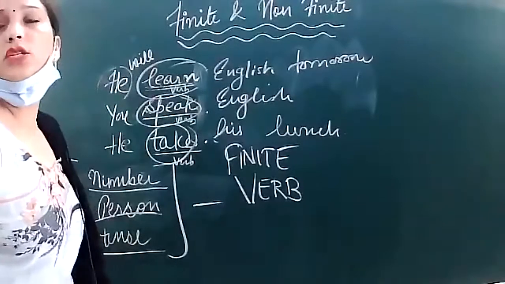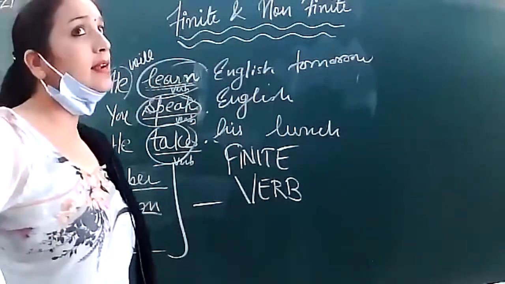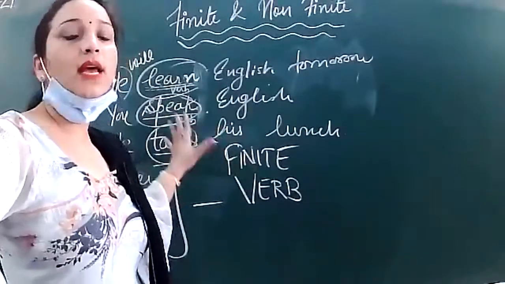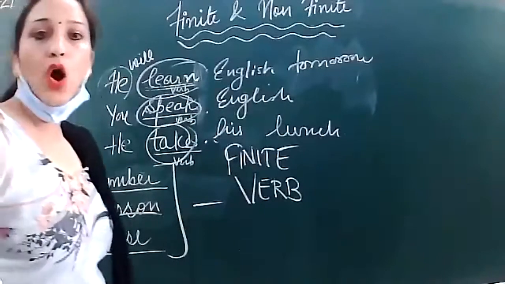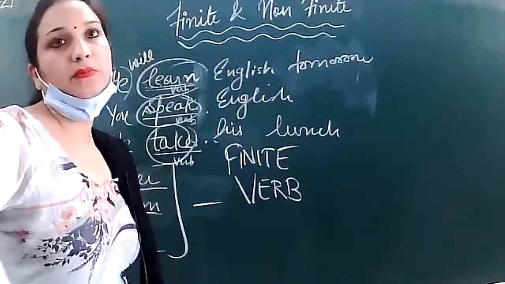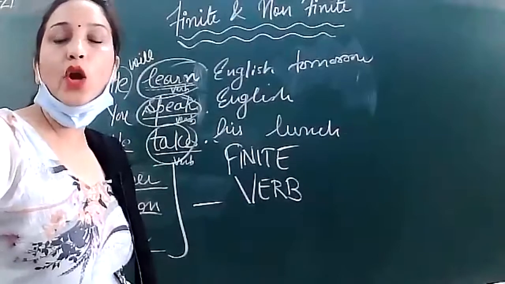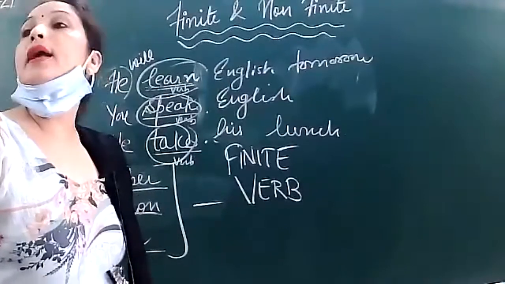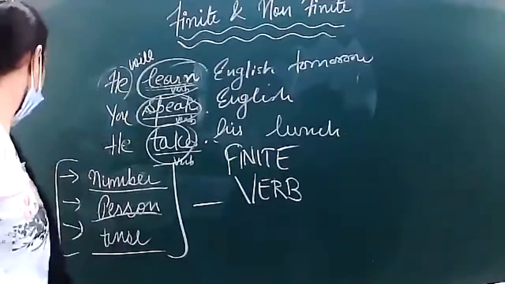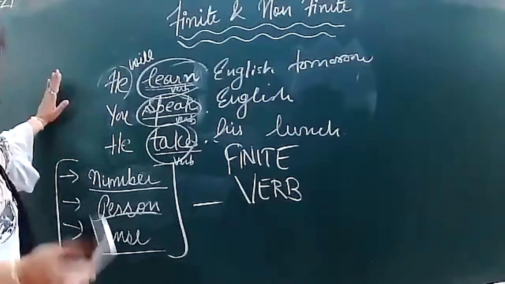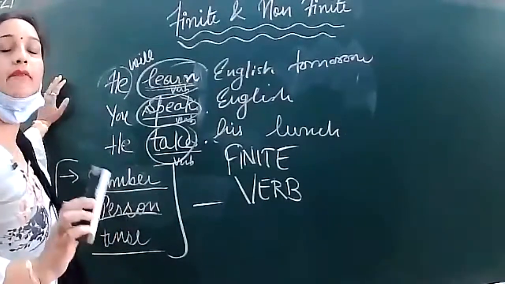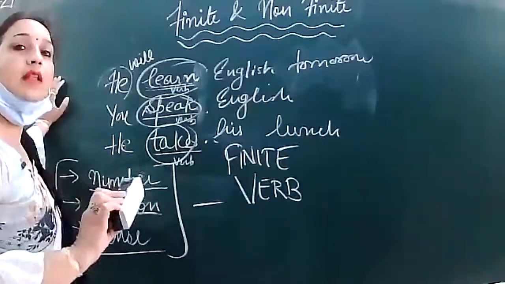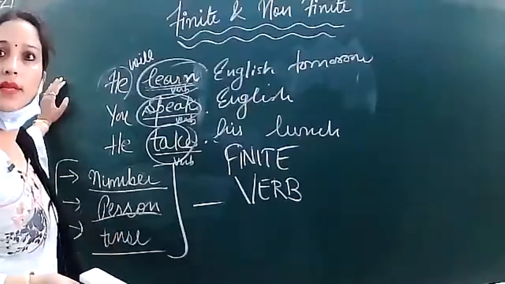According to that, does it change or not? We have to change it, otherwise our sentence will be considered wrong. So when these verbs keep on changing, they will come into the category of finite verbs. Am I clear to you? Tell me, am I clear? Yes. Now, if it is asked in your paper to underline the finite verb or circle the finite verb, you will be able to do it. You will be able to do fill in the blanks using finite verbs. Then you will be able to do